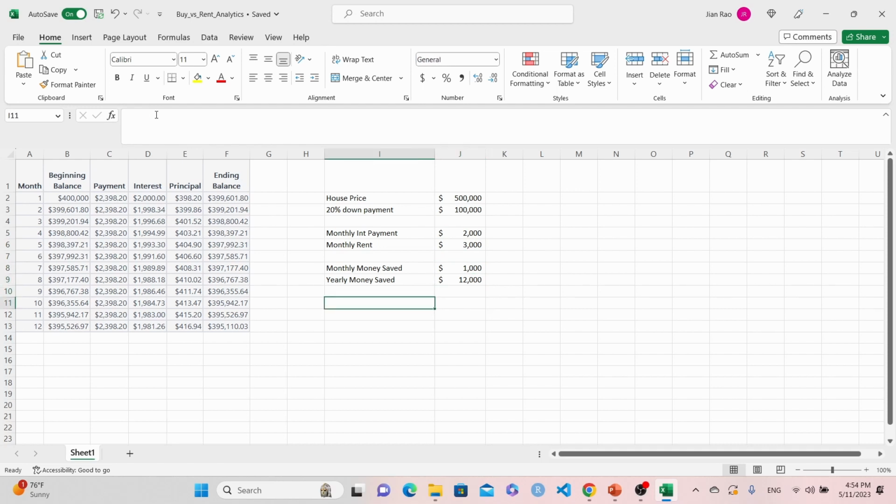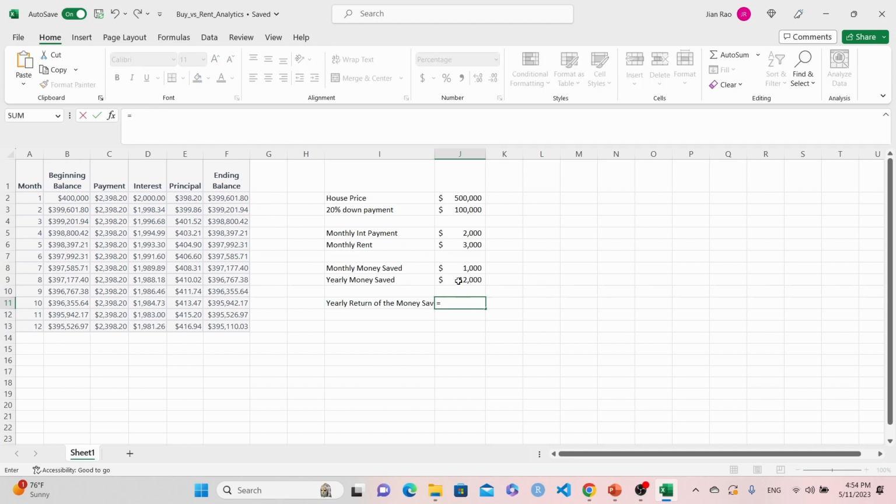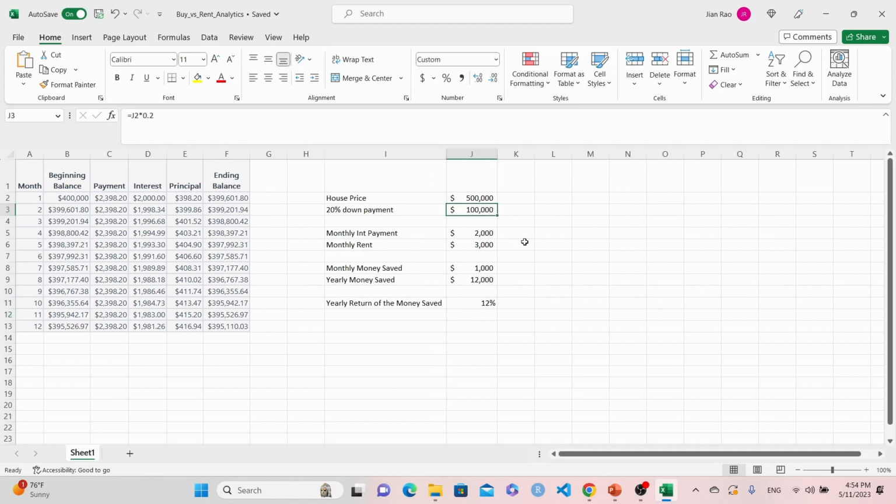And now let's calculate the yearly return of the money saved. That will be our yearly money saved, which is 12,000 in this case, divided by the down payment. So why do we do that? Because this 100,000 will be considered the investment we make to buy this house, and 1,000 a month is the money saved for buying the house. And then we annualize it to say, wow, our yearly return for buying a house versus renting a house